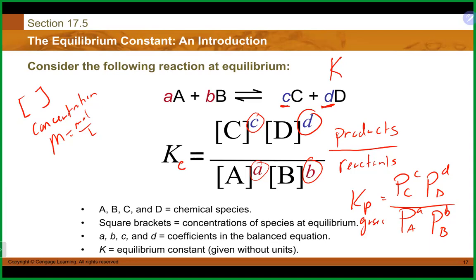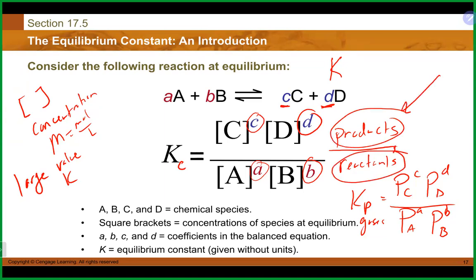So to finish up here, what does this number tell us? If I have a large value for K, what that means is, when I reach equilibrium, should I mainly have reactants or products? I would have mainly products, right? Because I'm basically dividing products by reactants. So the only way to get a large number is for the top number to be big. So I would have mainly products present